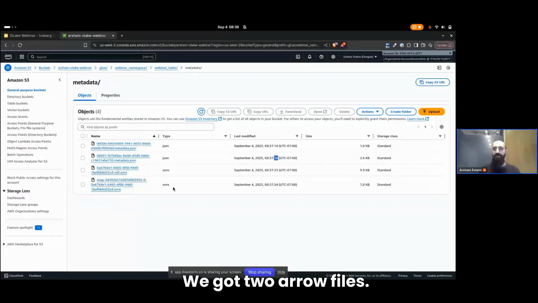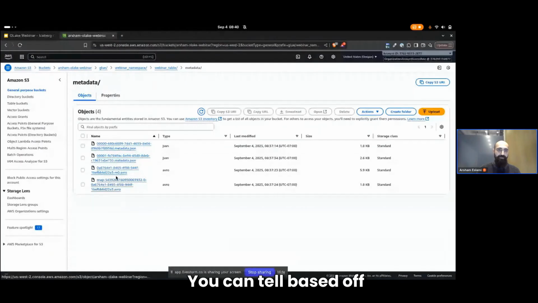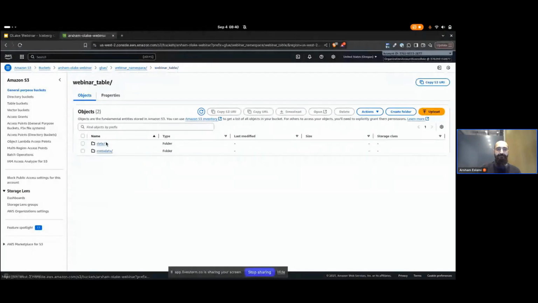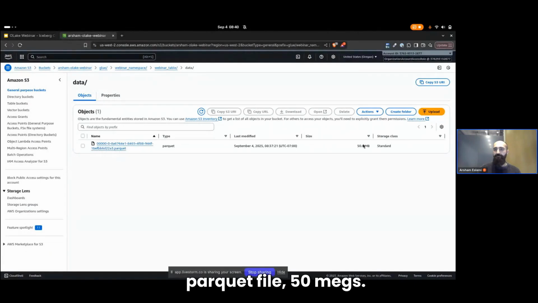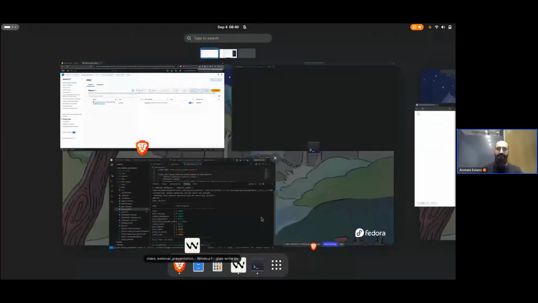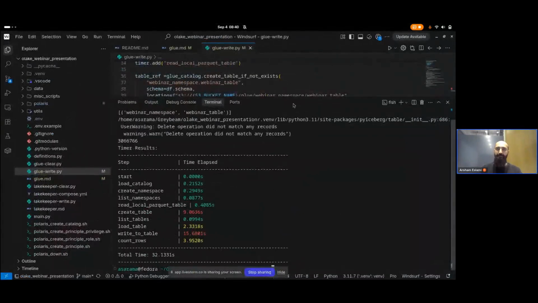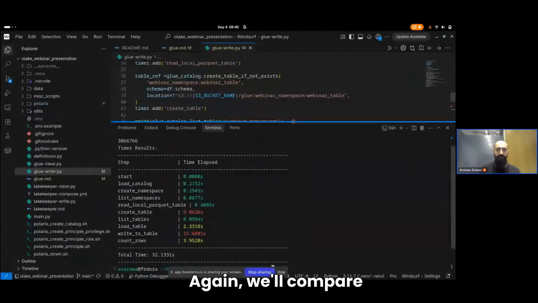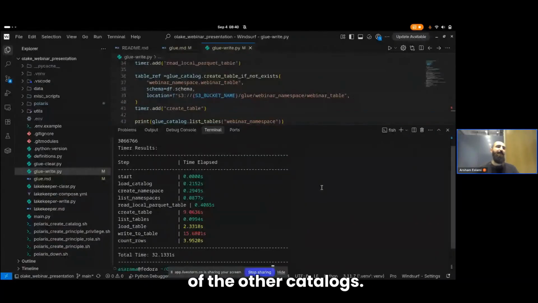And we got 2 Avro files. So one of them will be the manifest list, and one of them will be the manifest file. So you can tell based off of the M0 at the end which one is like the child. And then in terms of the data, we got 1 Parquet file, 50 megs. That's it. Cool. So again, we'll compare time between a couple of the other catalogs, but consider the setup time was essentially nothing.